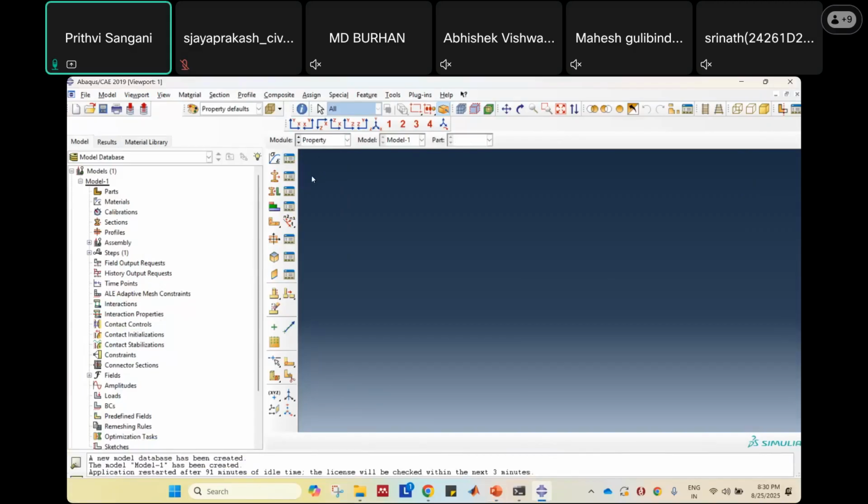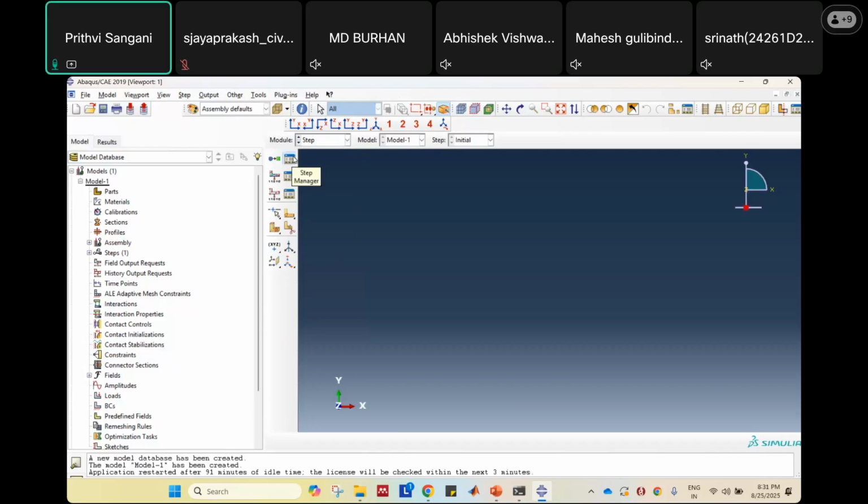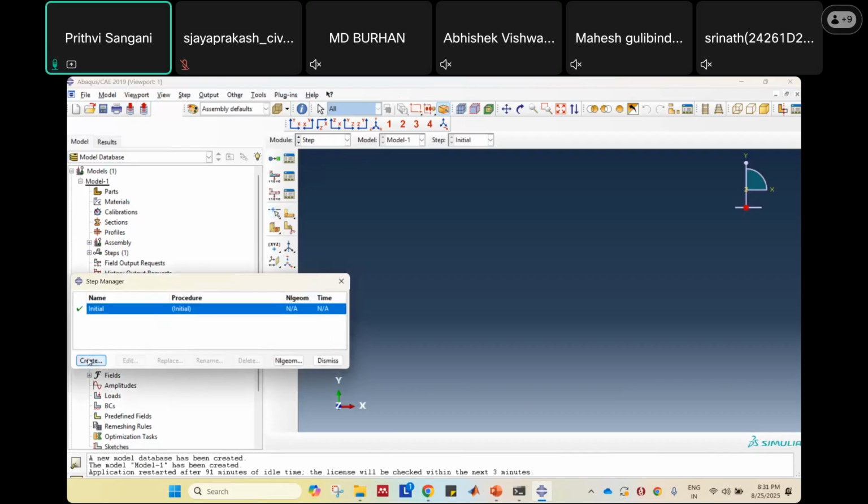I know you'll be curious to know what all these other icons are. We'll try to see what all those icons are. For the time being, just keep your focus on this tab here, only module, which is property. Assembly we'll see tomorrow, because if I tell it now, you may not understand what I'm saying. So in the step, like I mentioned, static or dynamic, here is where you will give,